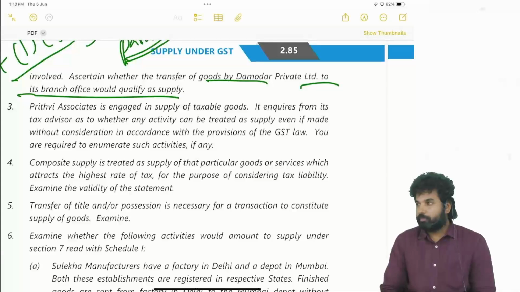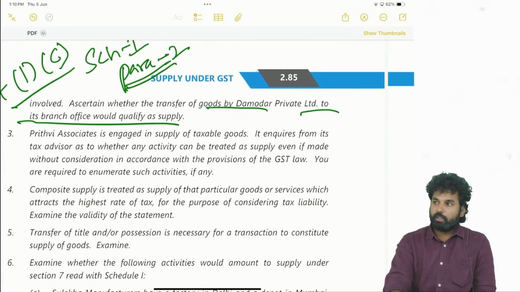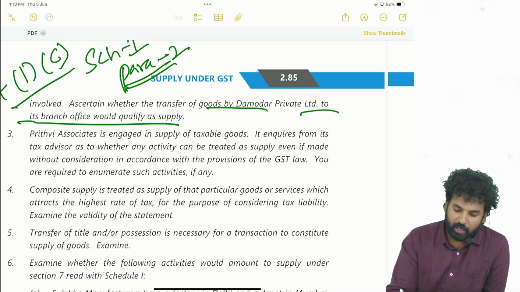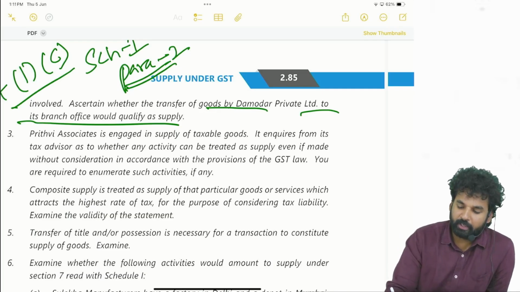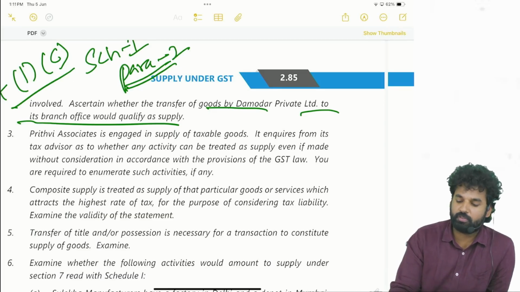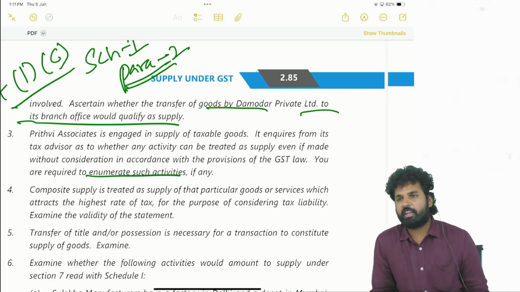Prithvi Associates. Prithvi Associates is engaged in supply of taxable goods. It inquired from its tax advisor as to whether any activity can be treated as supply even if made without consideration in accordance with the provisions of GST law. You are required to enumerate such activities. That means he is asking about